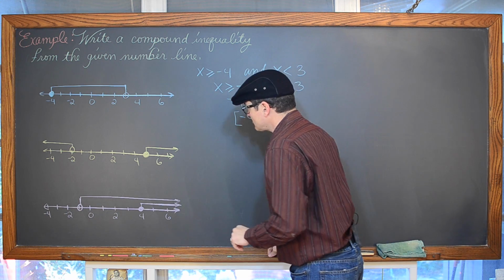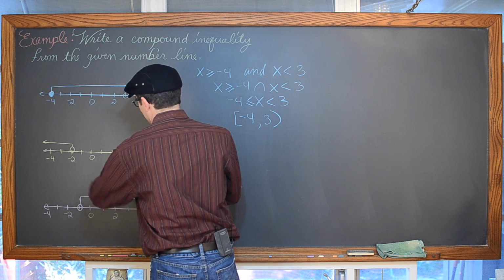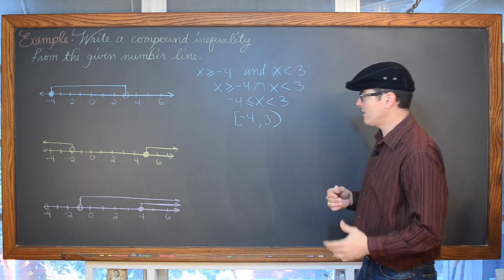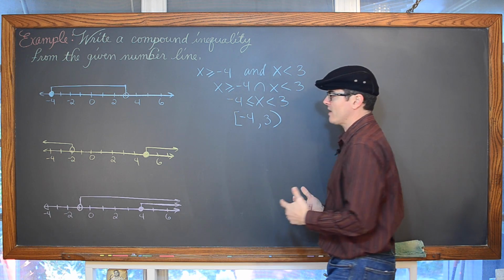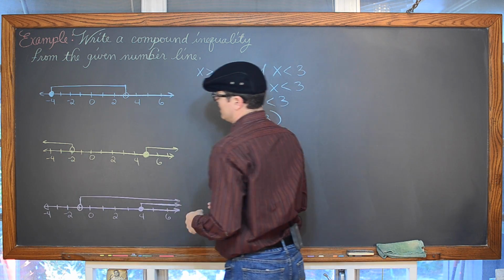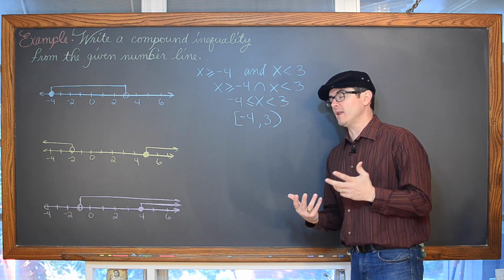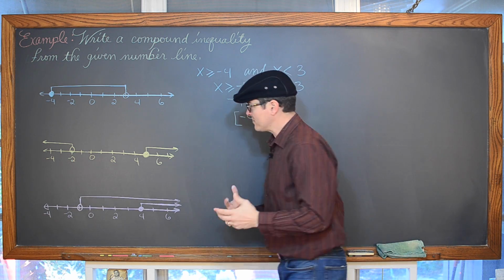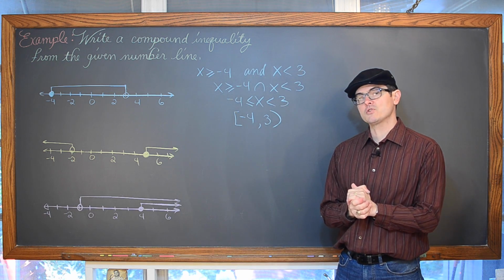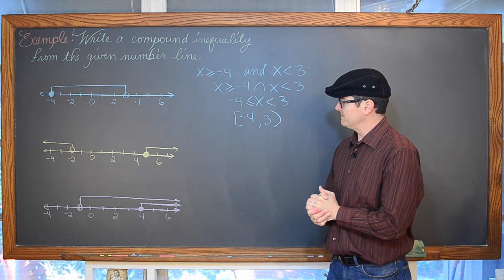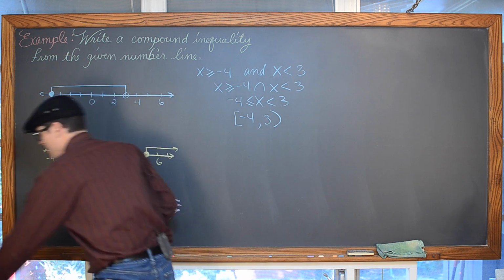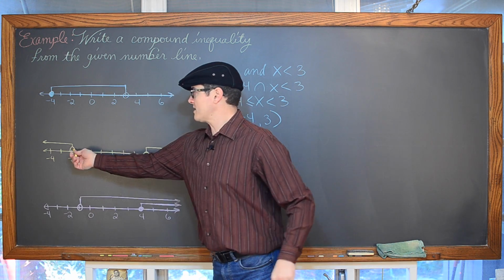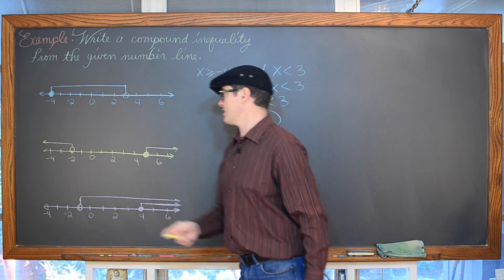Now, here, we don't have any overlap in our number line. So it would be impossible to write some kind of and compound inequality because there's no overlap to this number line graph, and therefore there'd be no solution. So it must be an or statement. And to write some inequalities for this one, we're going to say, I don't know, how about x, that's an open dot, so x is less than 2.